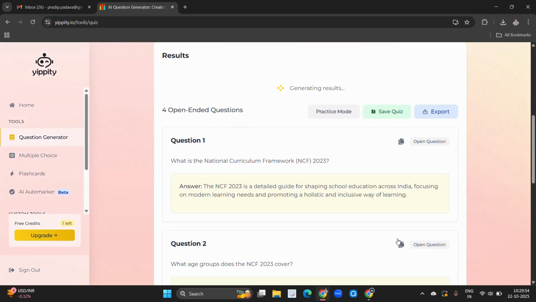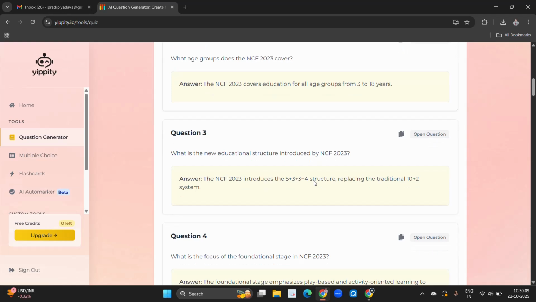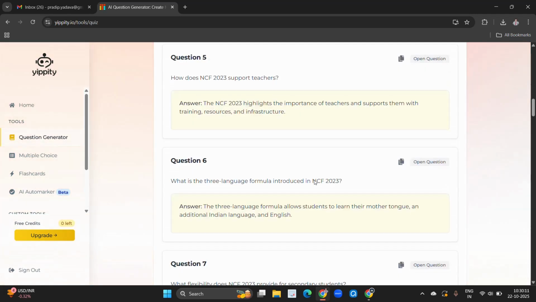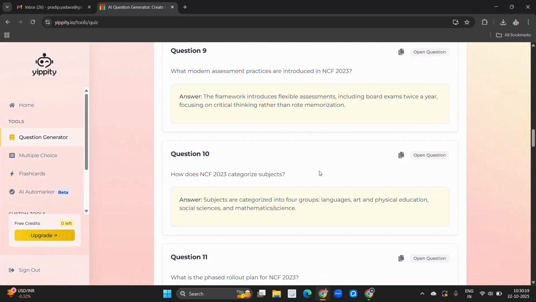So here you can see, we have selected 25. So here you can see 25 questions are generated, and what is the national curriculum framework. Now you can see, and the answer is also there. Okay, now just open this question. So you can copy the question.